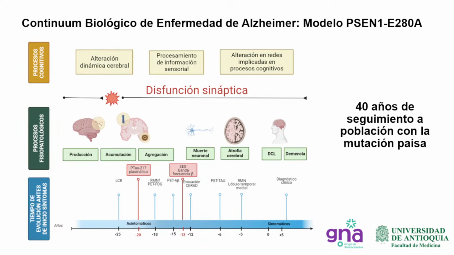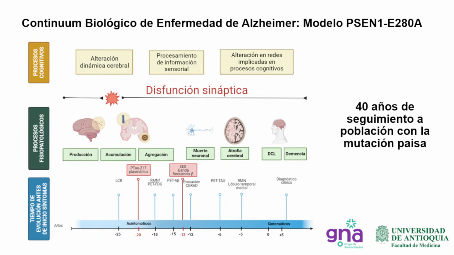6 años antes, cambios en PET-Tau, y es por eso que muchas personas consideran mejor el trazador Tau como un biomarcador más cercano al inicio de los síntomas clínicos, porque cuando empieza la taupatía empieza una neurodegeneración mucho más marcada en ese cerebro y una muerte más acelerada, lo cual se empieza a evidenciar también en la resonancia y posteriormente en la presentación de síntomas clínicos. Entonces ya empieza el deterioro cognitivo y hay un cambio entre 1 a 5 años para una progresión a demencia